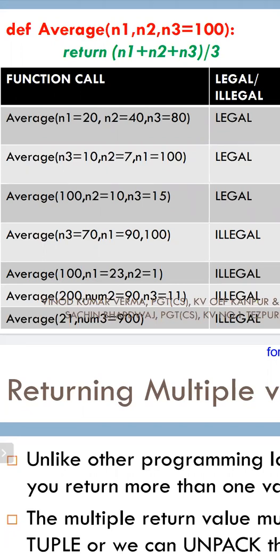No, sir. Illegal, sir. How is it illegal? 100 is not defined as n1, sir. But sir, in its definition, they have defined 100. No. What is 100 here? What type of argument is 100? Default? No, it's not. This is only in the call statement, position. How is it? You can say it is a default.